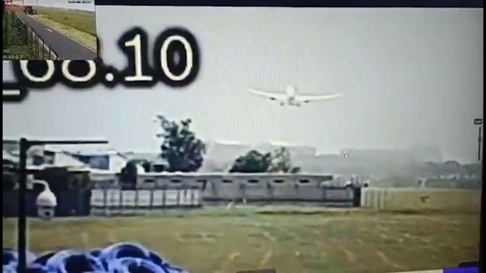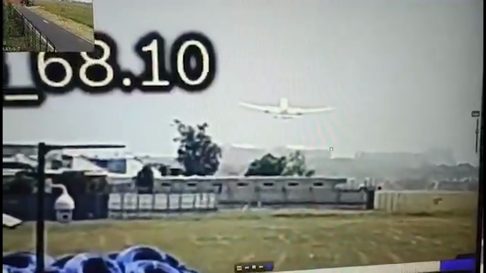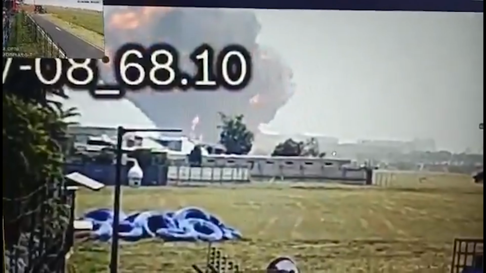I can't tell if it's drifting over to the left or if it's just the angle and everything that this was shot at. But it is going right back down again here. So at some point, something went wrong there, and now it's going to crash back in there. And you don't actually see the plane hit. You just see a fireball off into the distance. And that was all that we had on this particular security camera video.